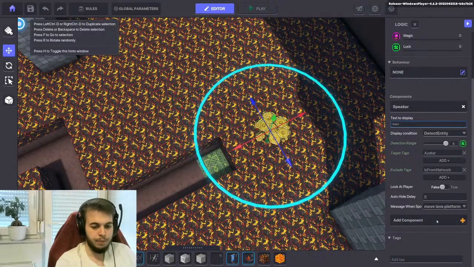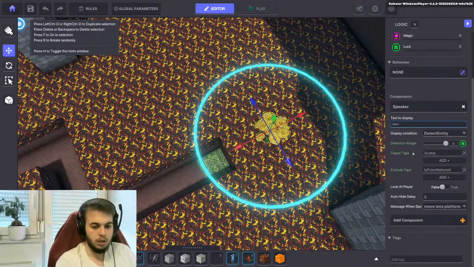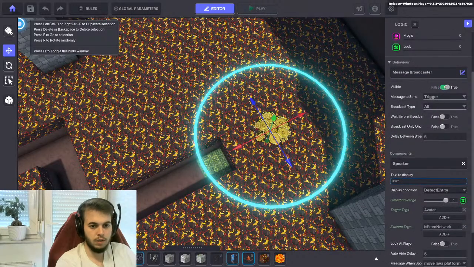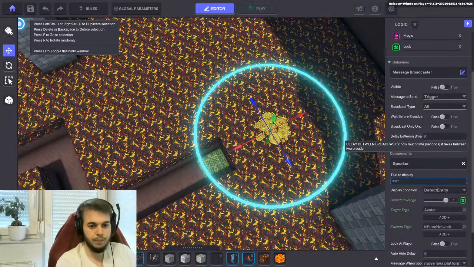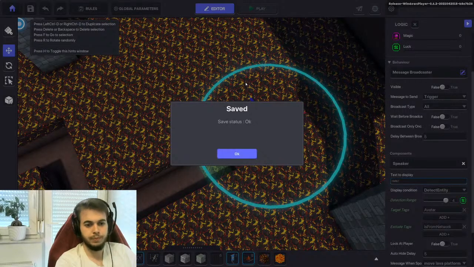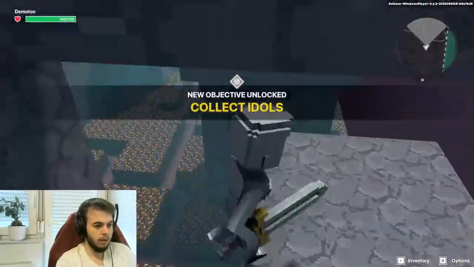move lava platform like this. And then can we make it invisible or something? Maybe message broadcast visible false, and then it really doesn't need to send anything actually. So let's save this. Great, and let's press play, and